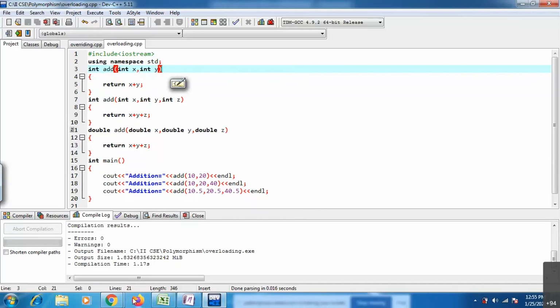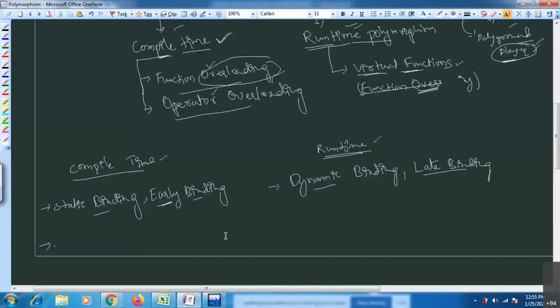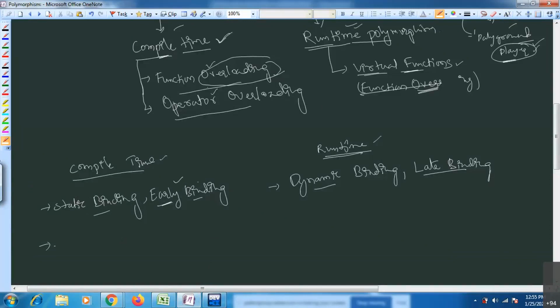This is the static binding or early binding. Early binding means at the time of compilation only, your function call is going to associate with the function definition. In the same way, we have dynamic binding, or late binding.